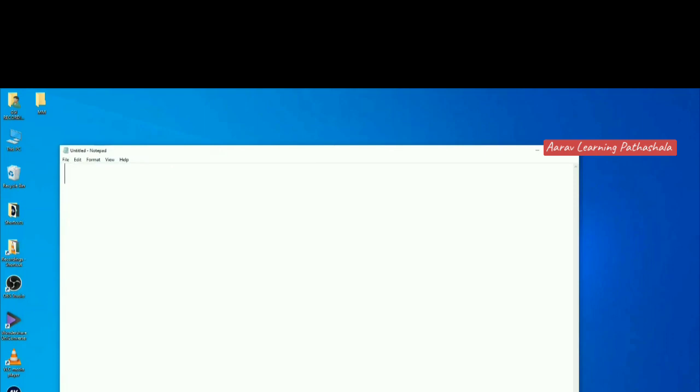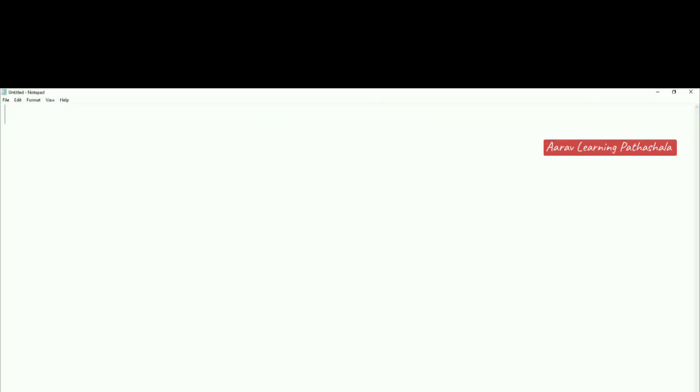Here, if you want, you can enlarge this, and you can also select a comfortable font. Then after this, we have to start writing the HTML program. Our HTML program always starts with the HTML tag, and we close it with the /HTML tag.